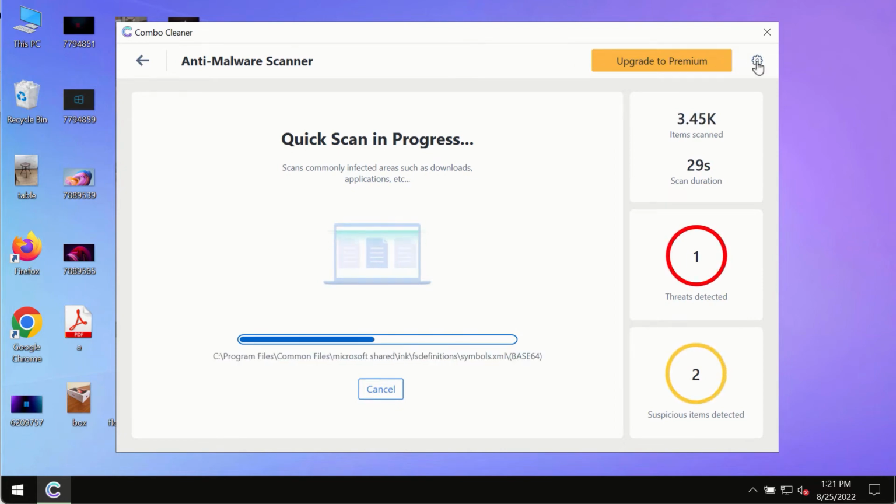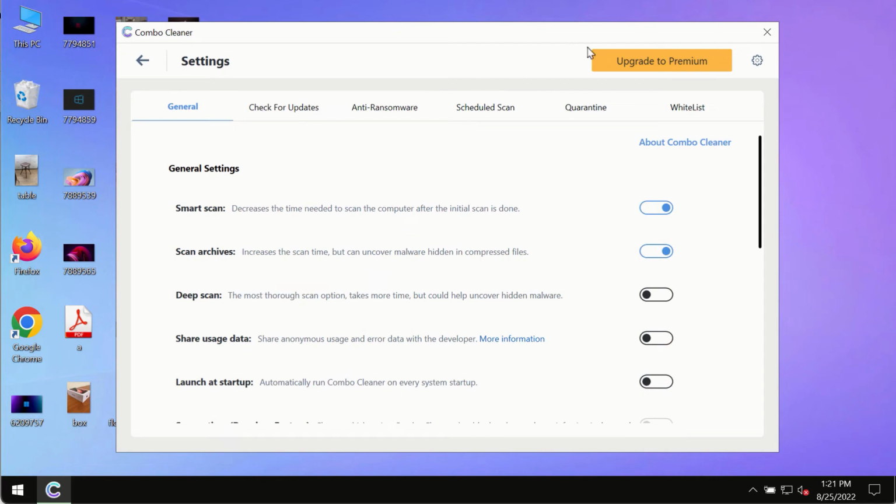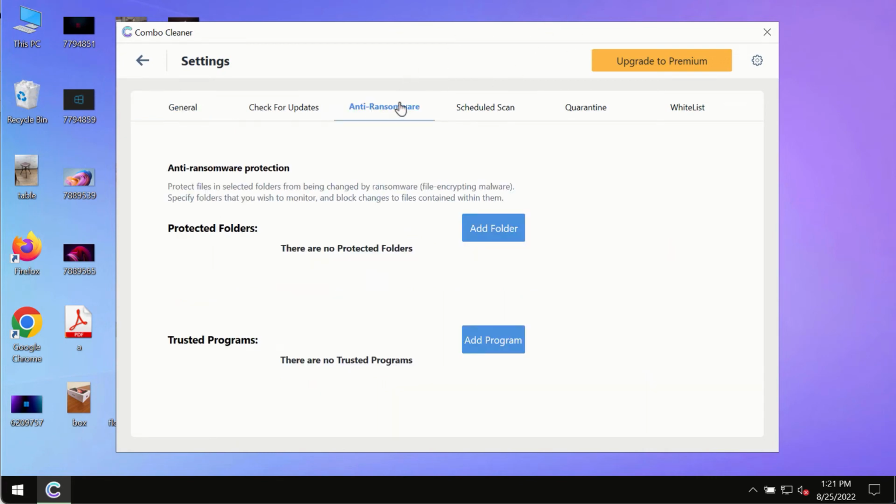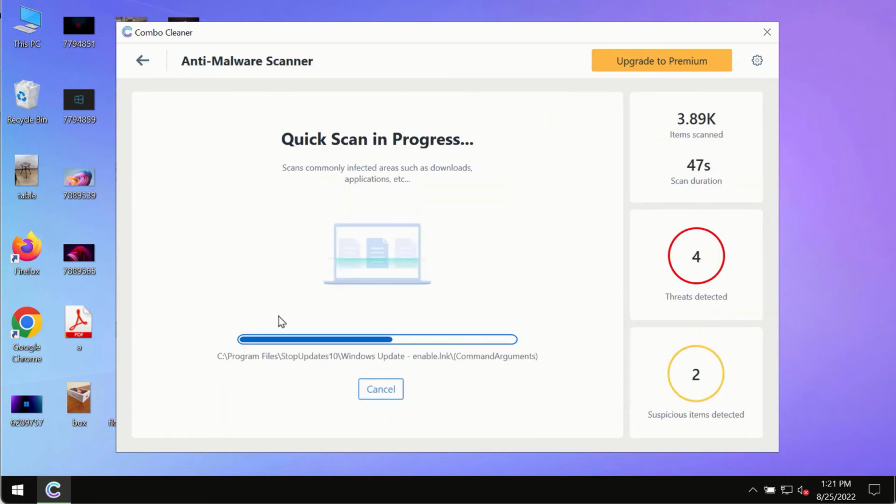While the scanning by Combo Cleaner is taking place, please pay attention to several features in Combo Cleaner, such as anti-ransomware. This feature, for instance, helps you add several folders that will always be protected against ransomware or malware attacks. At the end of the scanning, you will see the detailed summary of all the threats which